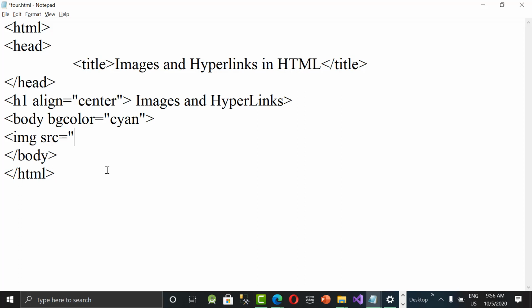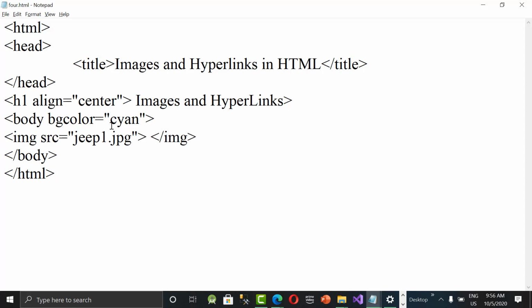If it is in another folder, like I said, C colon, E colon slash walls slash, like that, if you want to give, we can give the path. Right now, since the image is in my current folder, I need not specify the physical path to this image. Directly I'm saying jeep1.jpg. Slash img tag, open and close.